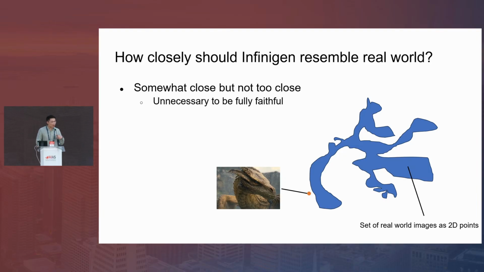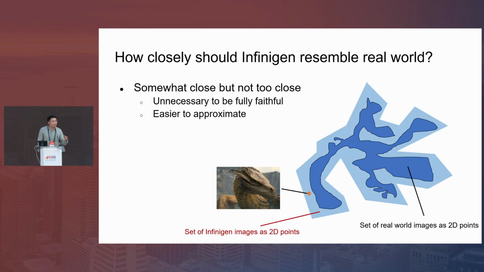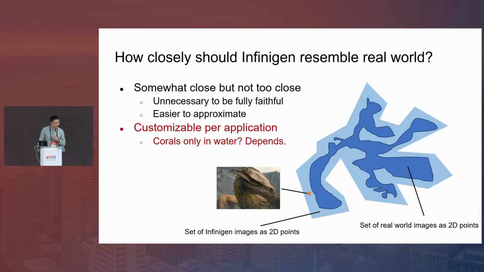So here's an example. If you look at this image of a dragon, this dragon doesn't exist in the real world, but your visual system has no problem seeing it. Right? It means that the distribution your visual system can handle is actually a larger distribution than the real-world distribution. And so in practice, it might be sufficient to generate an envelope of the real-world distribution. And that's actually much easier engineering-wise.